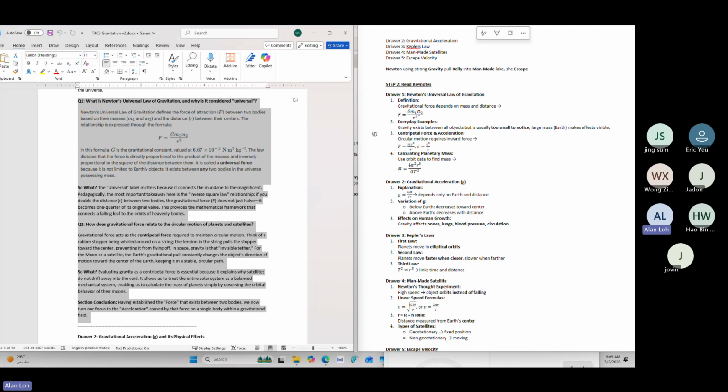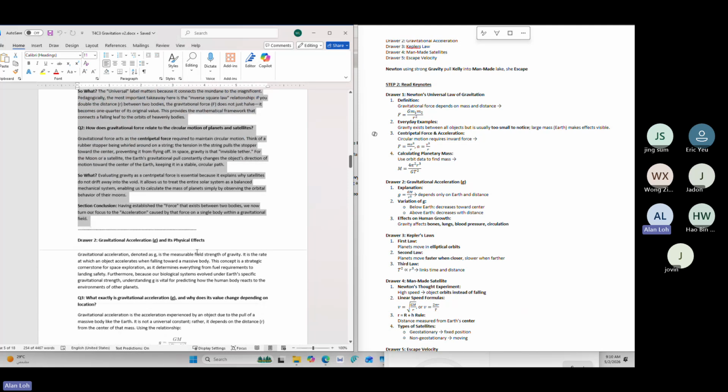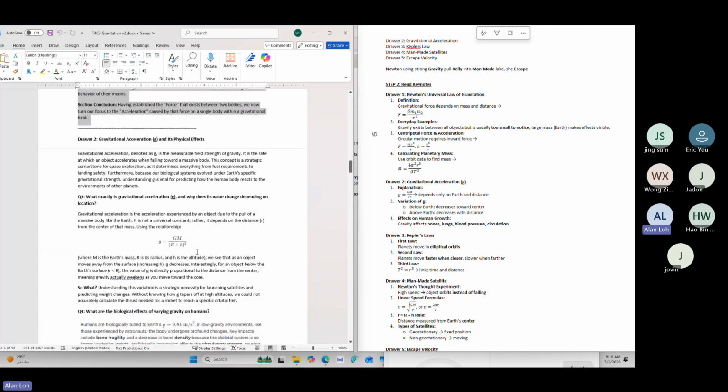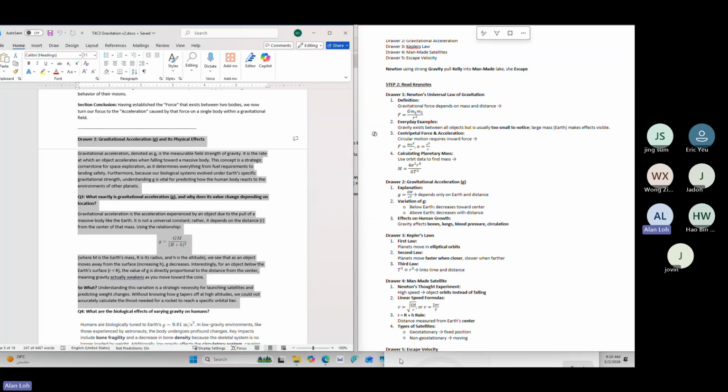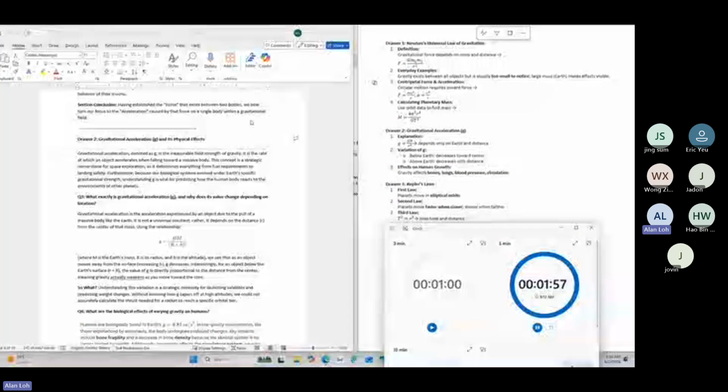You should have some idea what this formula is about already, and some idea what this new term called centripetal force is. This centripetal force is the force that helps pull not only the satellite but also the atmosphere. You're going to know it later. So this centripetal force is a force that is pulling everything into Earth. Right? So let's go to drawer 2, question 3. Let's do 2 minutes. Give you a bit more time. Okay, let's start now.